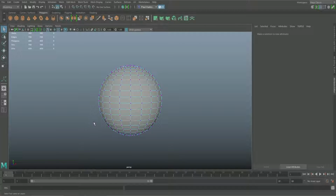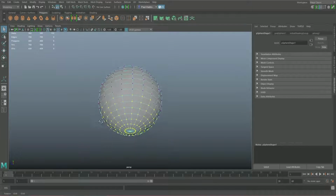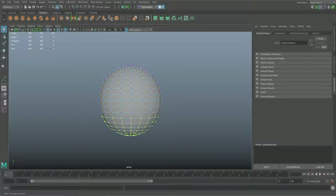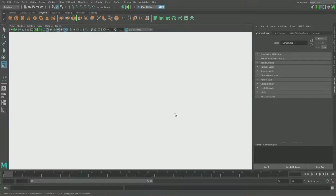Hold down the right mouse button and go to vertex mode. Now let's take these vertices here. Let's make sure we've selected all the way around. Anything we haven't selected, simply hold down Shift and select. And what we're going to do is press R, scale down like so, till we hit the center square, and then we will select